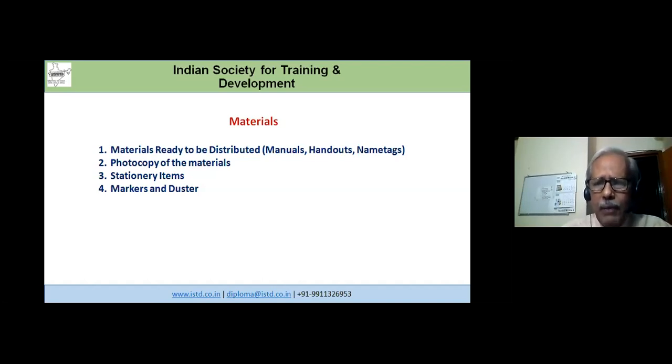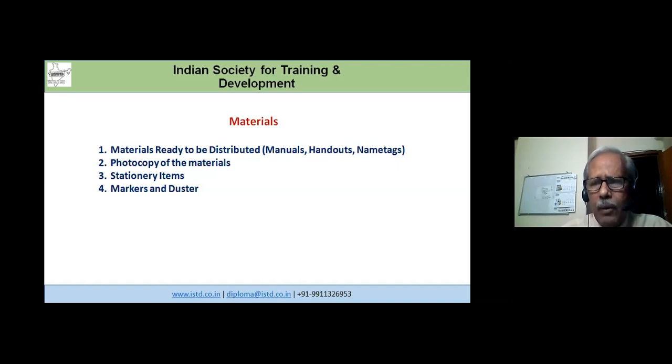Sometimes it is required that the trainer has to give certain materials, some photocopies of the materials. Either the photocopies are to be done earlier, or on the day of training the materials should be given beforehand to the people who are managing the training, so that they can get the photocopies in time without wastage of time and without waiting for things to come into the classroom. Well, there are certain stationery items which are to be given to the trainees, maybe ballpens, pads, and such things, so those things are to be ready in time.